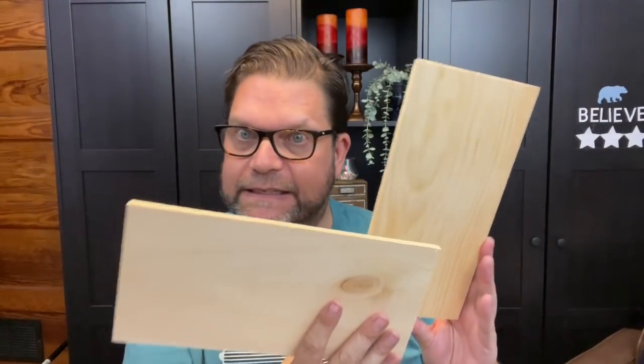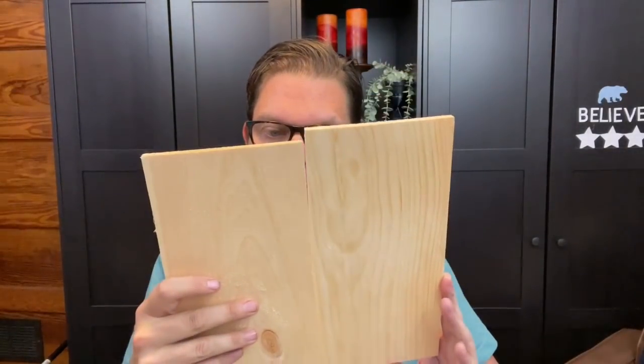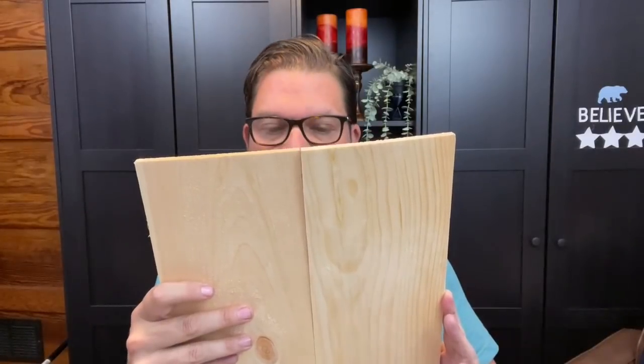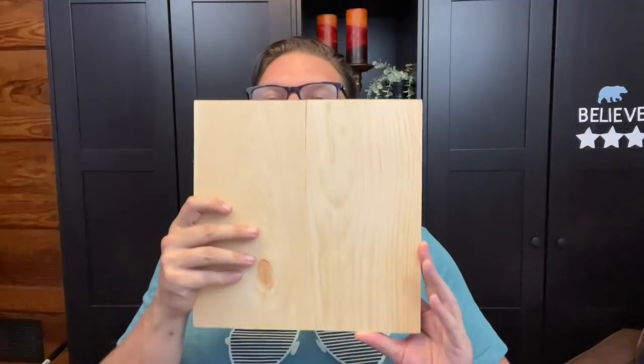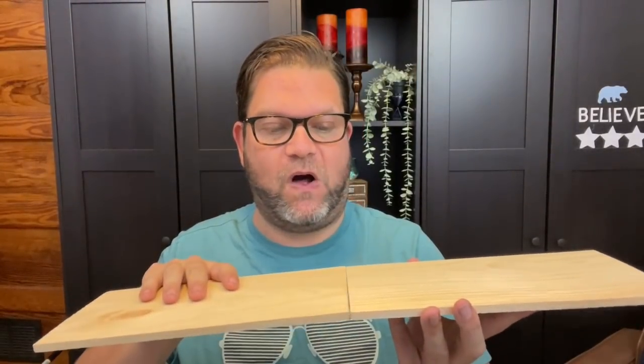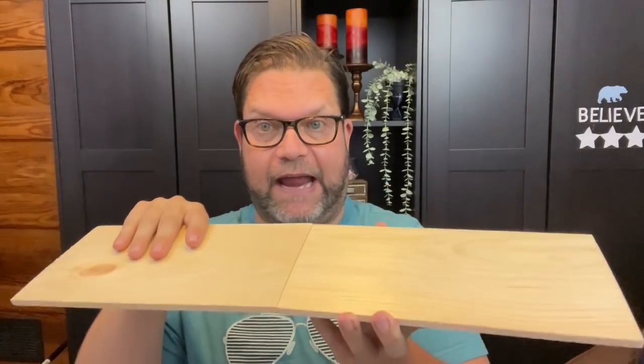Now they have these that are just kind of like normal rectangle sheets. And again, you can glue these together if you happen to get 2 that are cut the same way. It looks like these were. Look, you glue that together and you've got a sign backing for something that you want to do. I glued some in my first fall DIY video for this year. I glued 2 of these together like that and made a candelabra with them, or a centerpiece. I think it's actually up here behind me. Yeah, there it is right there,